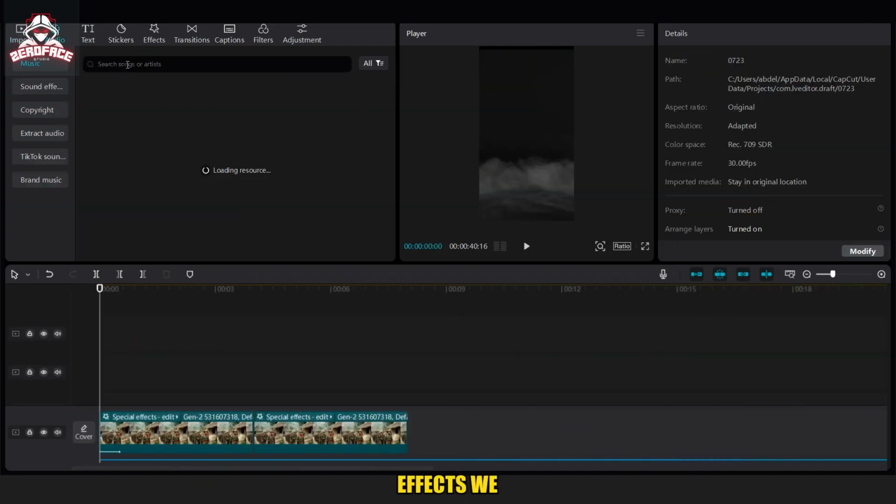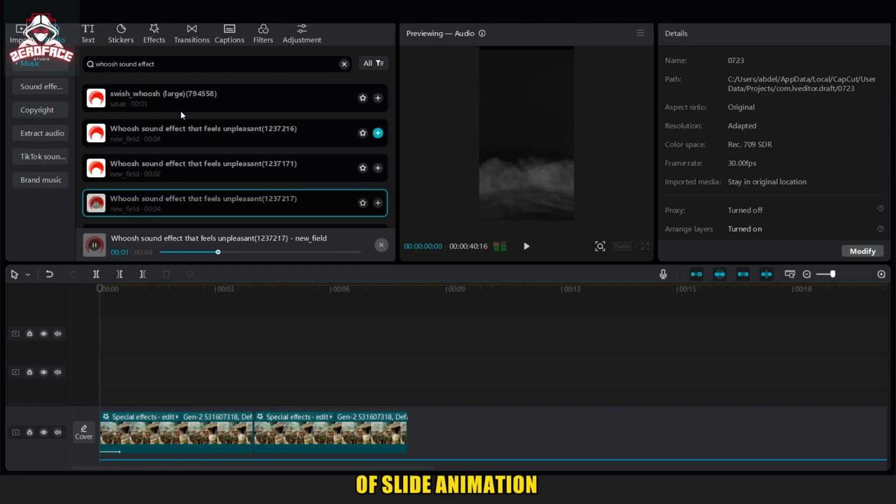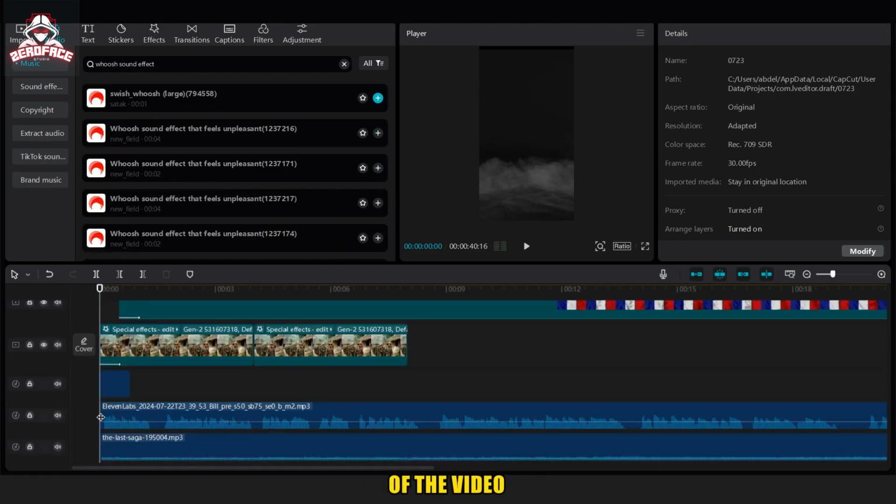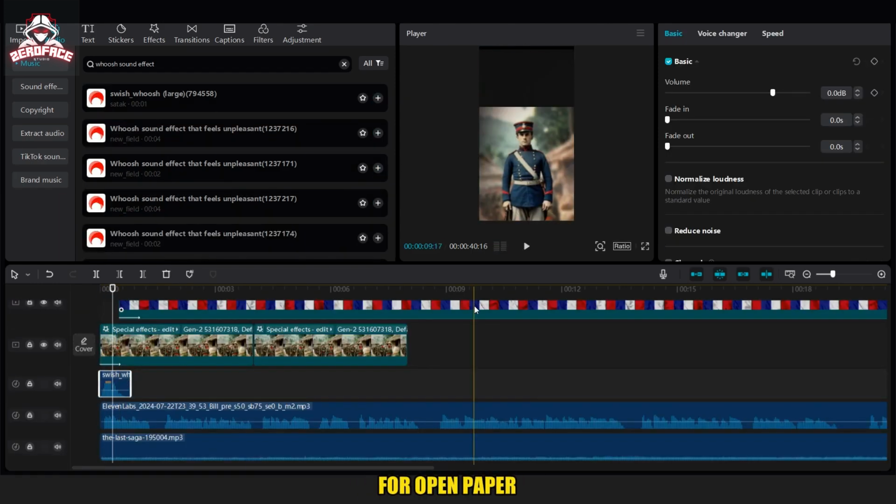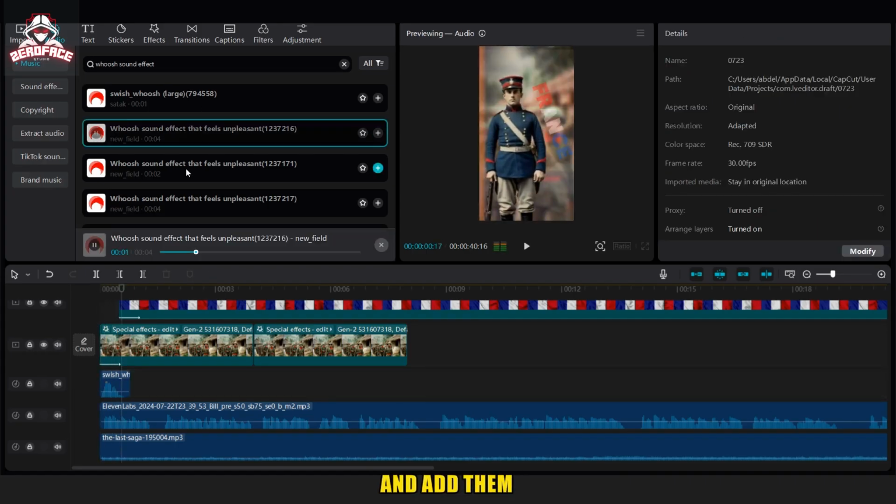For sound effects, we search for whoosh and add it to each instance of slide animations, such as at the beginning of the video. We also search for open paper sound effects and add them where paper opening effects occur.